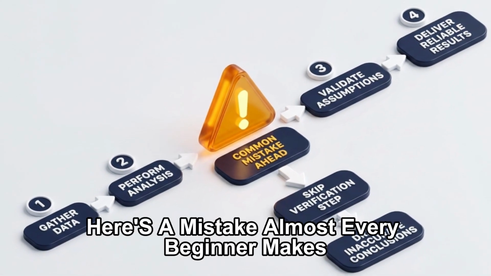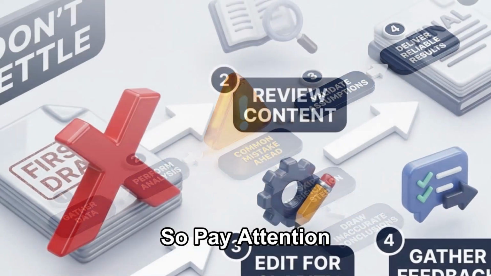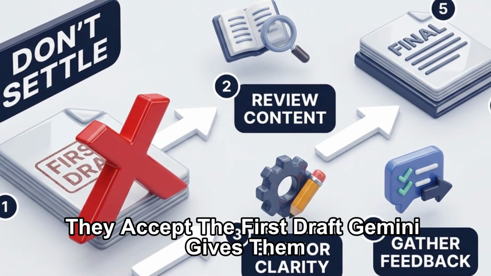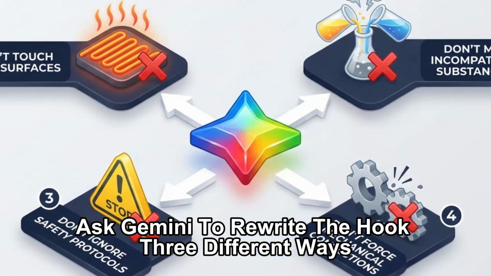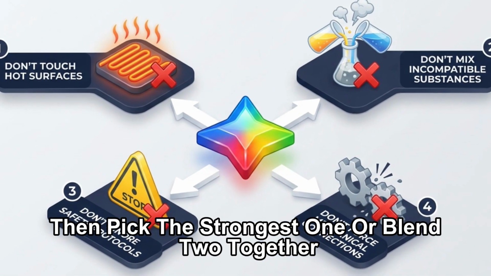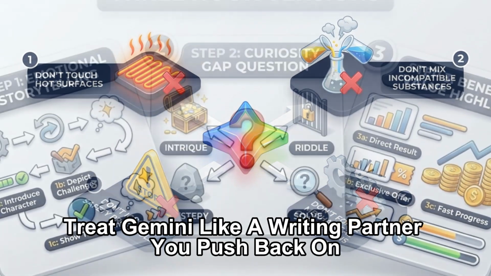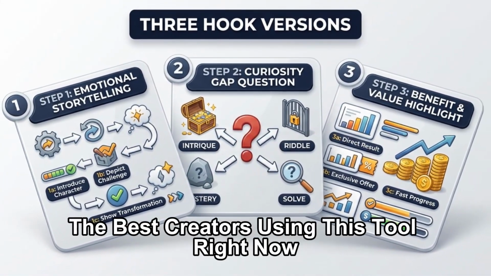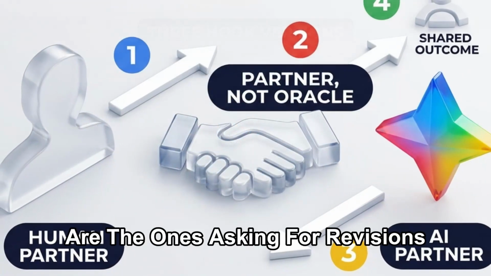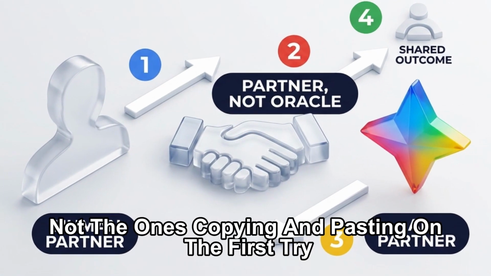Here's a mistake almost every beginner makes, so pay attention. They accept the first draft Gemini gives them. Don't. Ask Gemini to rewrite the hook 3 different ways, then pick the strongest one. Or blend 2 together. Treat Gemini like a writing partner you push back on, not an oracle you obey. The best creators using this tool right now are the ones asking for revisions, not the ones copying and pasting